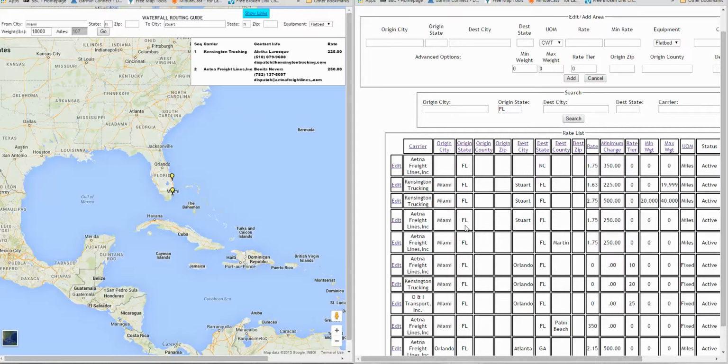Aetna second, which was utilizing this rate here. If we change now the load to be a 30,000 pound load, we can see now the system has changed the rates and changed the order and put Aetna first. Aetna has one rate regardless of weight, and Kensington now has the higher dollar rate of $500 based on the weight. If we look at our system from Miami to Orlando,